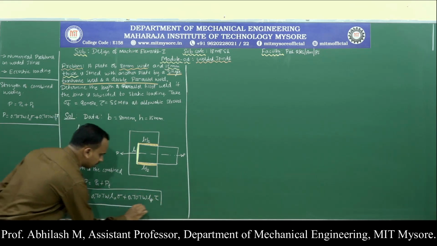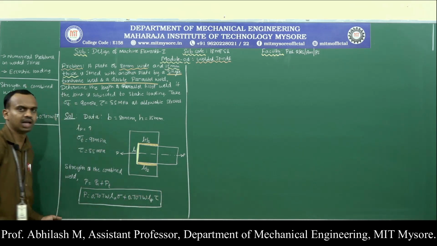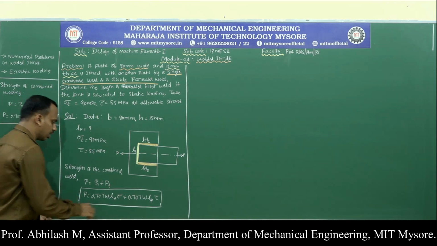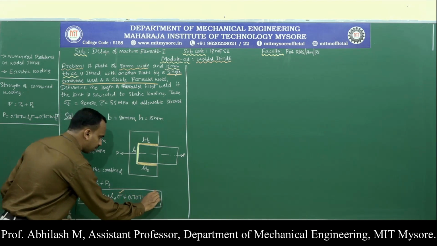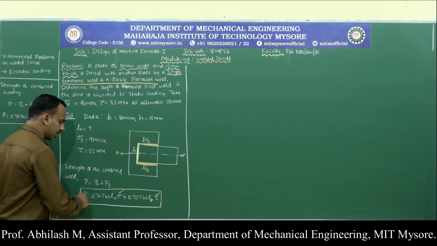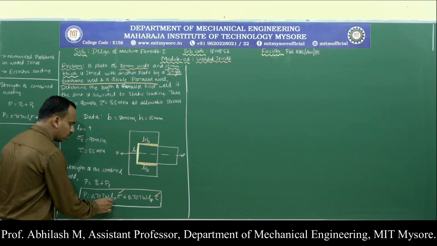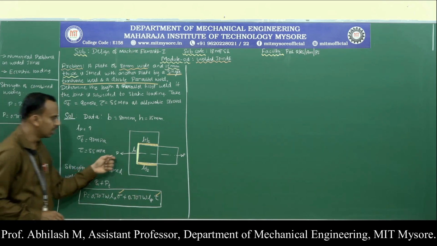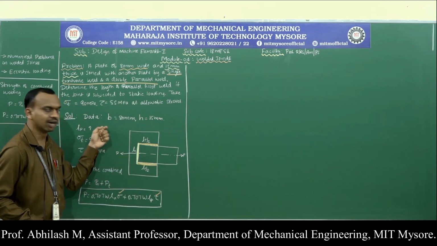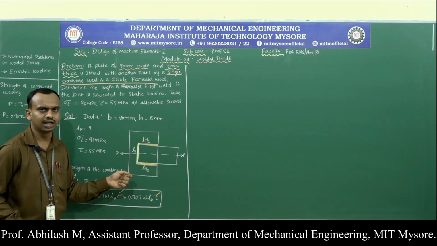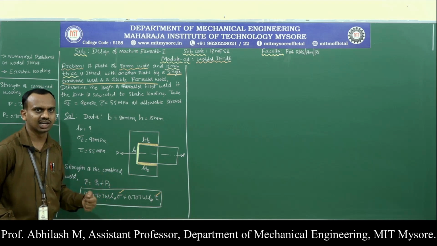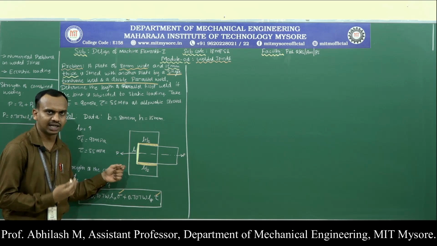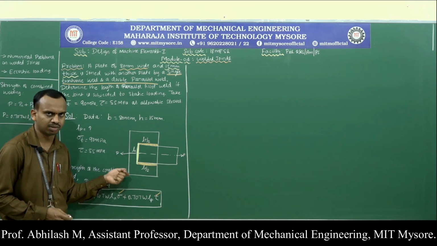Using this, we are supposed to calculate the value of Lp. Let us look into the given data and see what we already know. We know the allowable stresses sigma and tau, and the rest of the data, P, W, Ln, we are supposed to calculate. Have they given the load in the given problem? They have not specified the load. So what we can do is consider that the applied load will be equal to the strength of the plate itself. We have solved this in previous problem cases also.